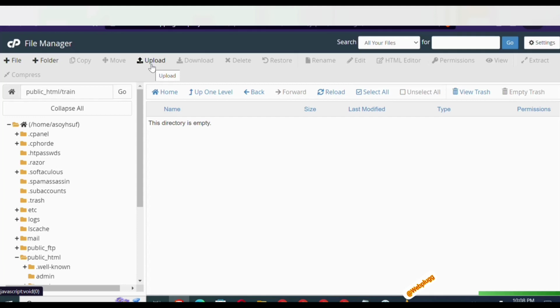and then you're going to upload the script there and extract it. But I'm not going to do it that way because I actually have a website residing on this domain name. So I'm just going to create a folder to show you how to do that. I have created the folder already, and we've given the folder name train. So I have created the folder, so I am just going to come here and then click on upload,